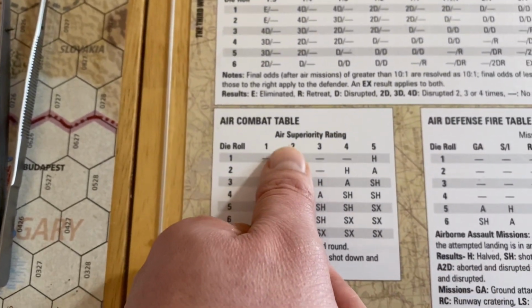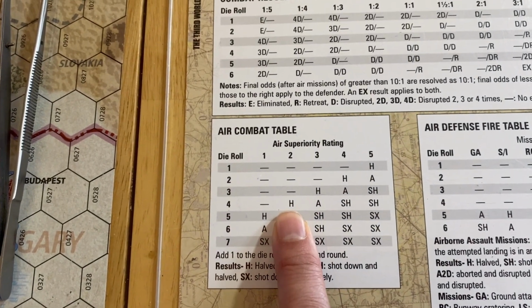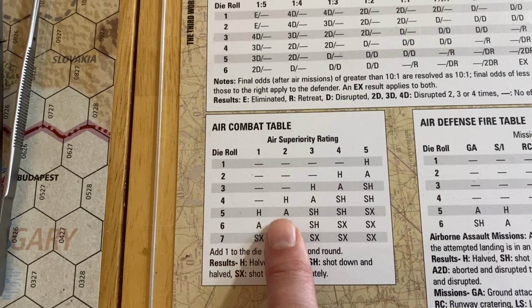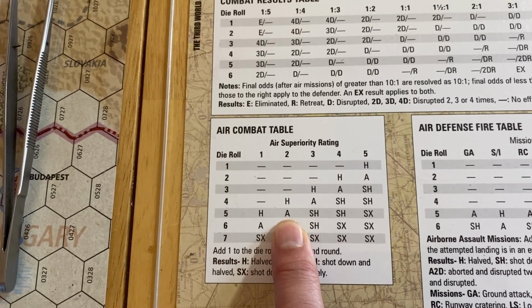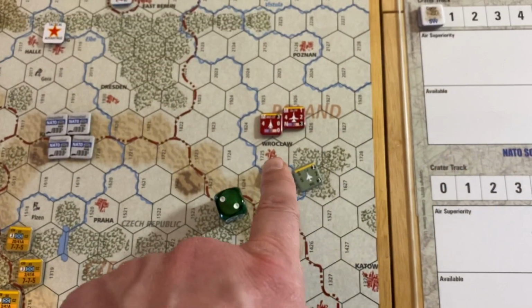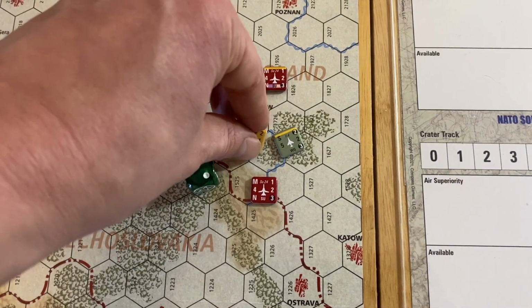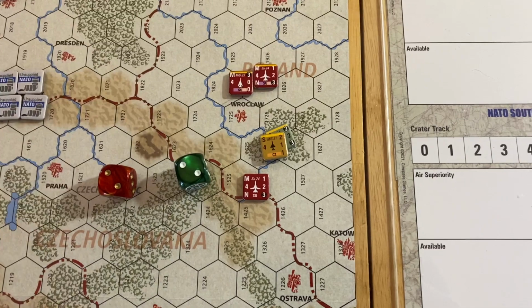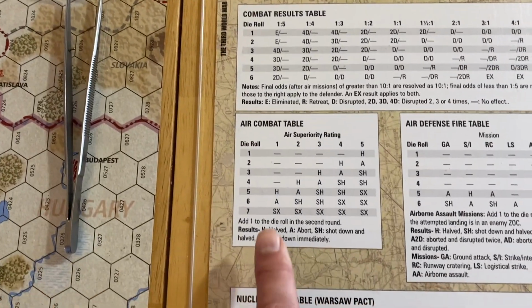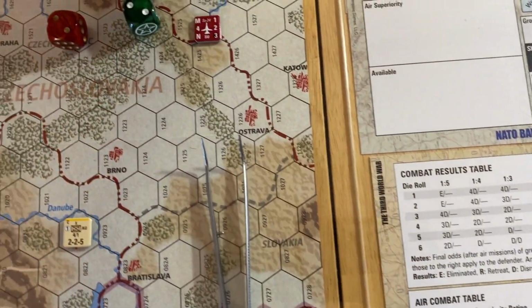We're going to look at our columns here. Air superiority rating of 2 on the Phantom means he had to have rolled at least a 4 to have had any effect. Really what they wanted is a 5 or better. That would have aborted the MiG-21 before it could shoot, and without an escort around, there would be a second round of combat. In this case, there won't be, and there's no way for the Czech MiG-21 to hurt the F4 retroactively, I don't think. No, worst he could do would be abort it, so he's going to go ahead and put both these guys